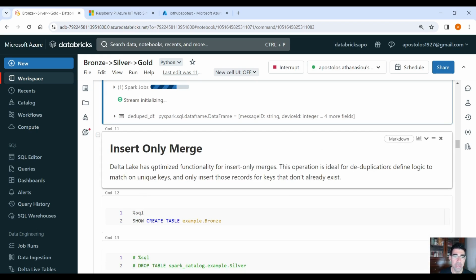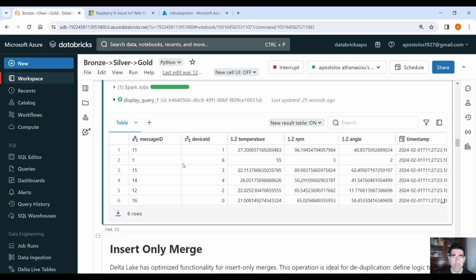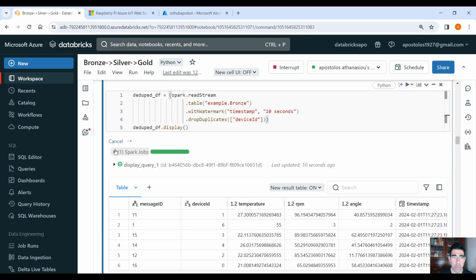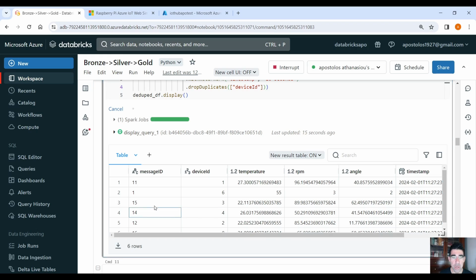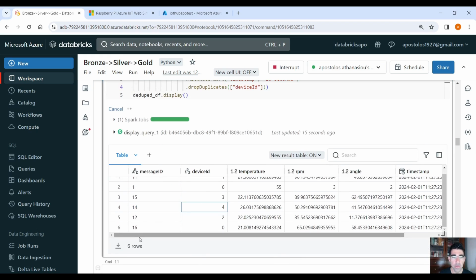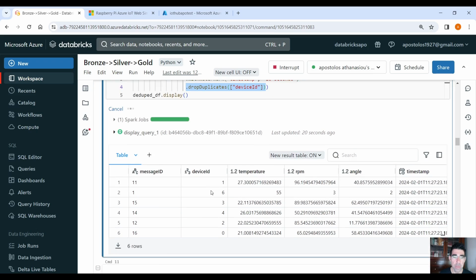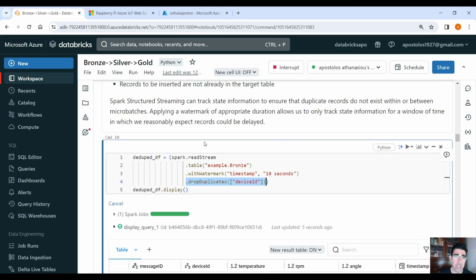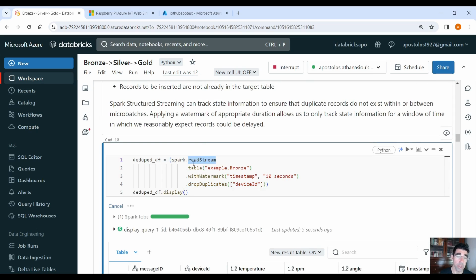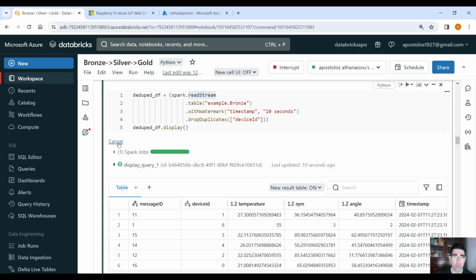Insert-only merge. Delta Lake has optimized functionality for insert-only merges. This operation is ideal for deduplication. Define logic to match on unique keys and only insert those records for keys that do not already exist. So, okay, perfect. This streaming job provided results here, and as you can see, again we have 6 records because we have dropped the duplicates based on ID. Perfect. But this time it's a streaming job, right? So let's cancel this one,